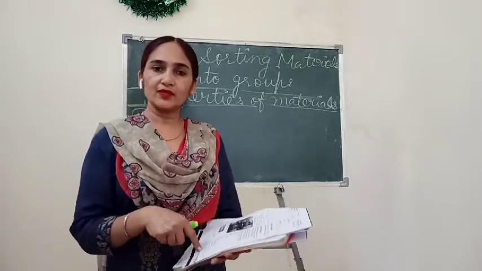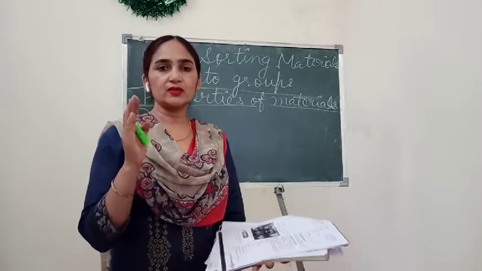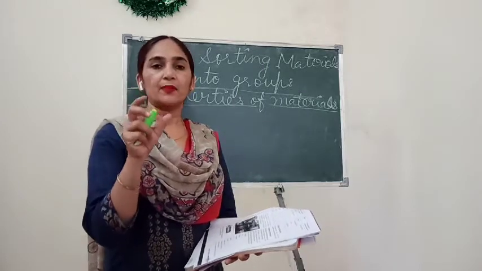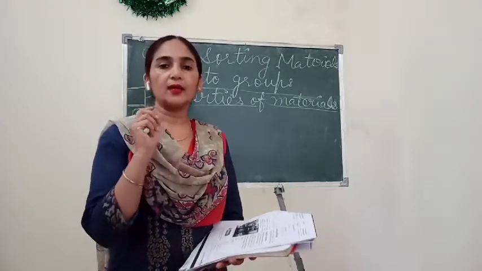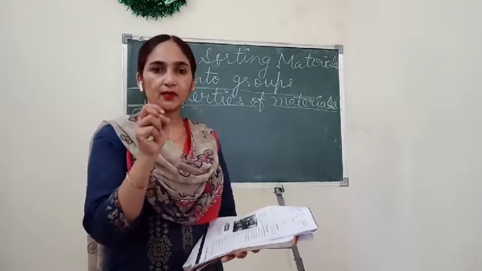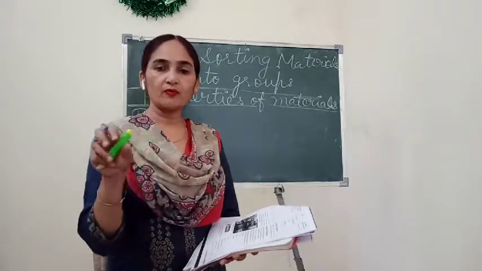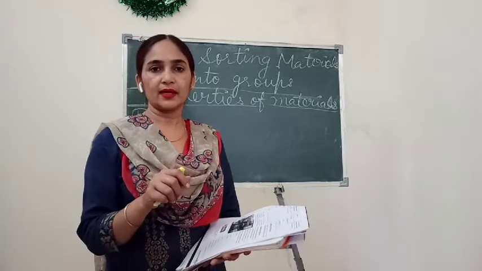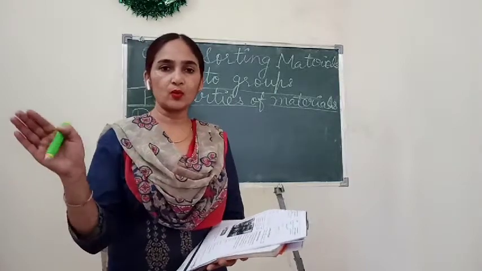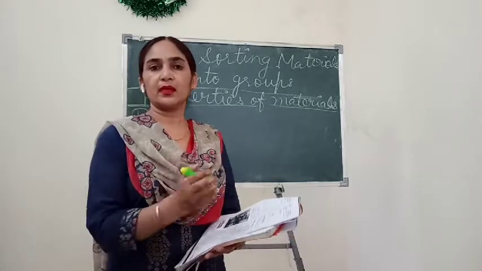And the last one which is given here as a point is magnetic attraction. Children, you know that a magnet can only attract things made up of iron, nickel and cobalt. Means only three kinds of material are attracted by the magnet. So we can separate out these three materials with the help of magnetic attraction. Understand? We can say that these three materials are magnetic materials, so separate these out, and the rest of the materials are non-magnetic, so keep them away.